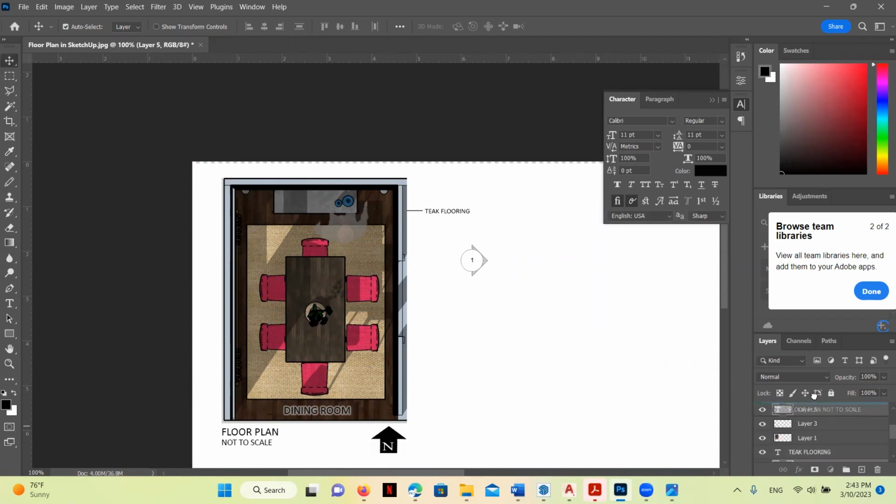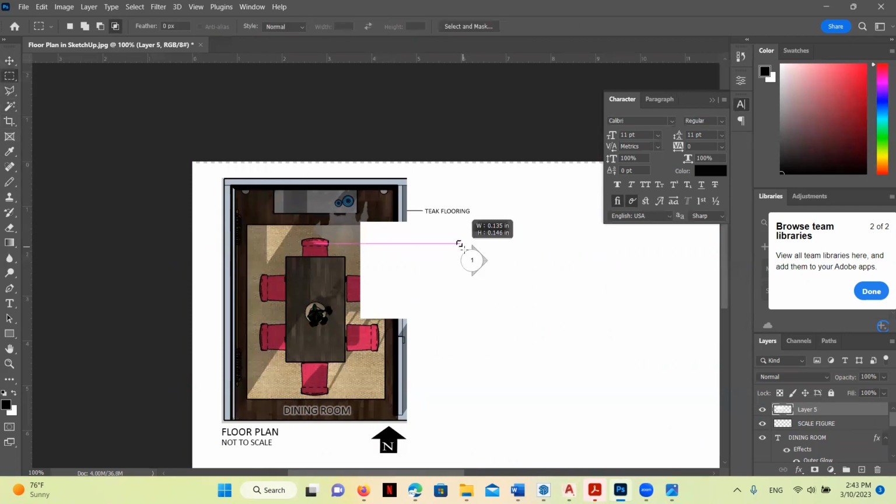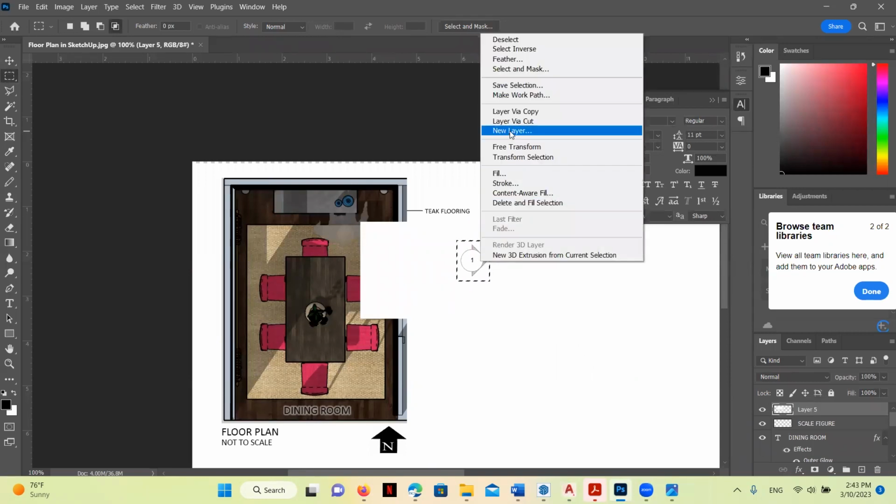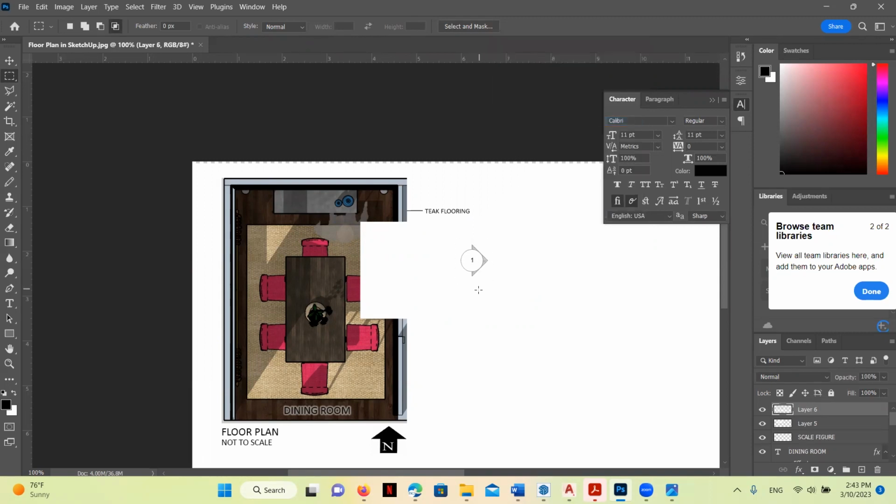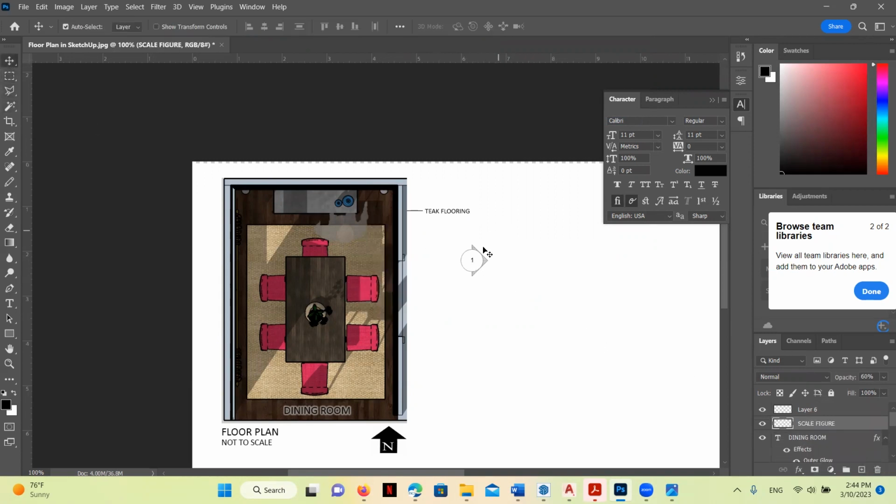You can, of course, make your own shapes and fill them in Photoshop if you want to. I'm going to bring that to the top layer, and I'm going to go ahead and do a layer via cut here so that all that white goes away. I'm selecting things using my right and left buttons on my mouse. So I'm going to turn this off. That's layer 6, that's layer 5. You can see I've got to rename some of my layers here to make it a little bit easier.